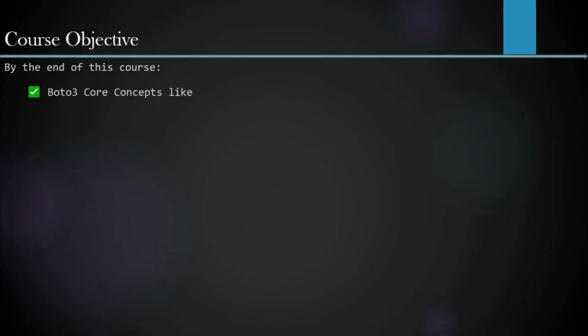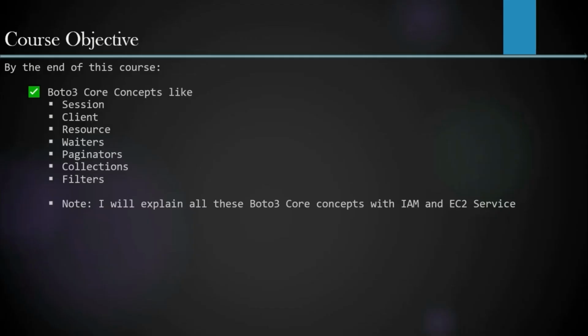Now let me give the objective of this course. By the end of this course, you will get Boto3 core concepts like session, client, resource, waiters, paginators, collections and filters. And be clear on this point: I will explain all these Boto3 core concepts with IAM and EC2 services, so that you will get the confidence to use Boto3 core concepts for any AWS service. So first, go through the complete course and then start using Boto3 for your real-time requirements